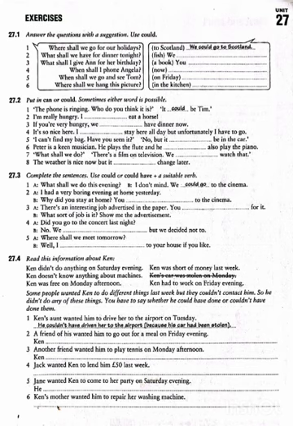Next exercise of unit number 27. Complete the sentences. Use could or could have plus a suitable verb. First one. What shall we do this evening? I don't mind. We could go to the cinema. Second one. I had a very boring evening at home yesterday. Why did you stay at home? You could have gone to the cinema.